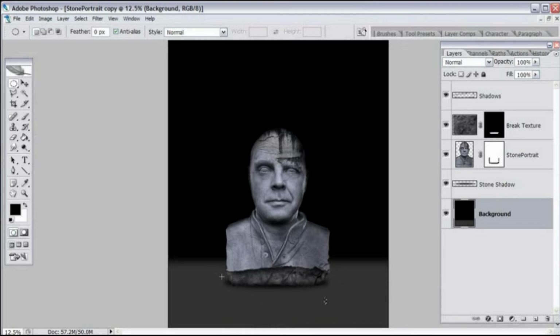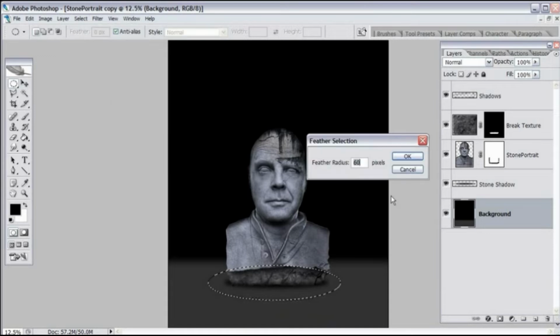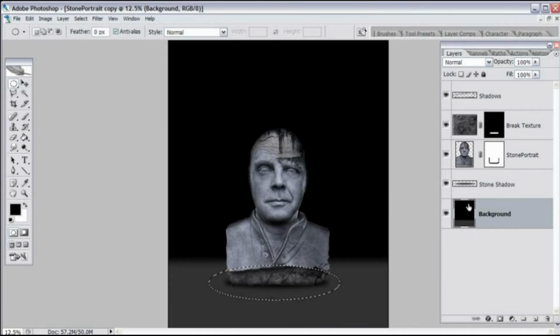Here we go. I'll move this, whoops, let me try that one more time. There we go. And right there. Let's go ahead and feather that about 50. And then what I'll do is actually create an adjustment layer over the background to brighten